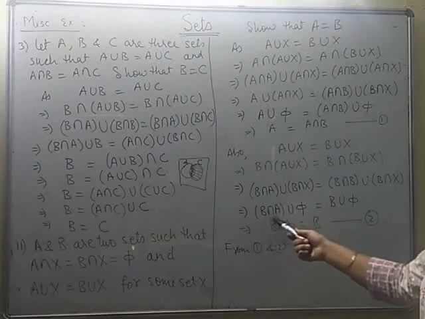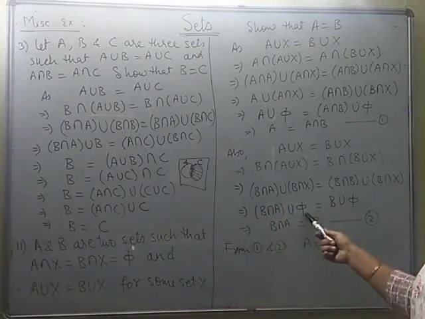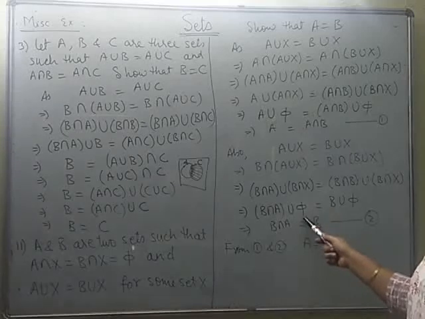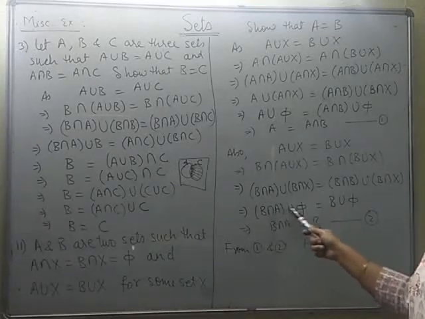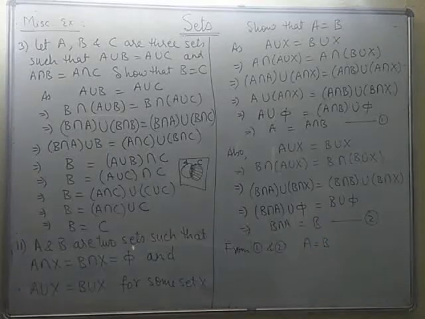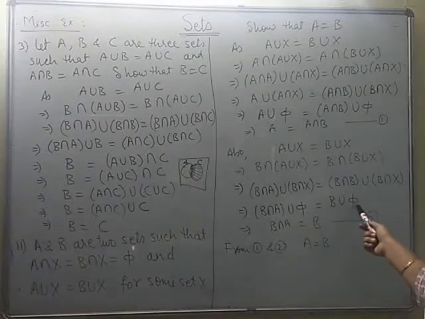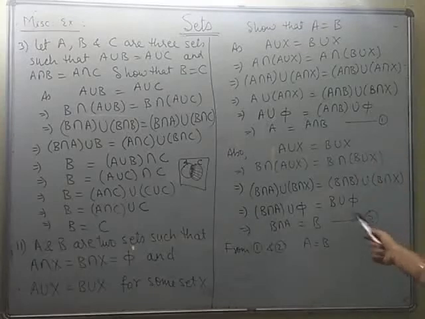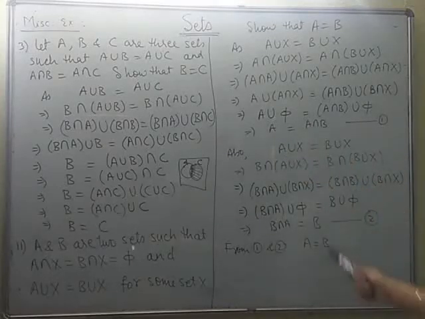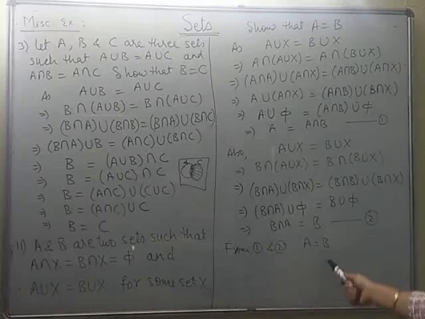Now coming to this part. So you are taking union of B intersection A with null set. We know null set is an empty set, so no element there. So if you are taking union of both, it will be B intersection A only. And in the same way, B union null set will be B. Now you compare 1 and 2. Set A is also equal to A intersection B. Set B is also equal to A intersection B. So that means A is equal to B. And so the proof.